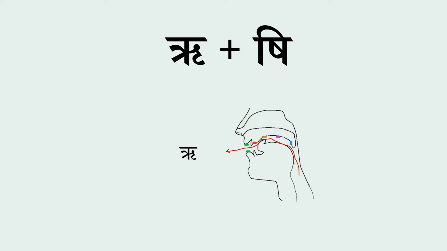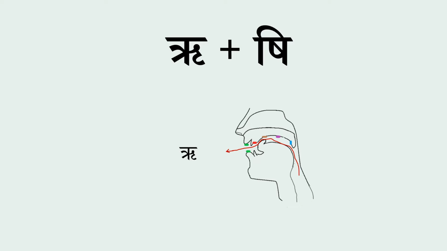Before looking into it, let's look at the word Rushi itself. Now, right now, which is on the screen, you see that is written using Devanagari script. So it has two symbols here. The first one is Ru, second one is Shi. So we'll not look at the details of the Shi, maybe in some other video later we can look at it. But focus on this Ru here, which is the main subject of this video. Now this Ru, this sound, which is represented or written in Devanagari script like this in this symbol. There may be some little variations in the Devanagari script itself, but generally you will see it like this, Ru,